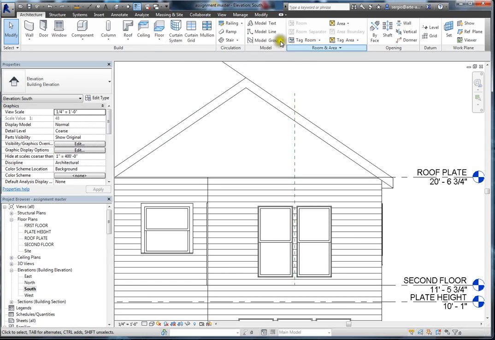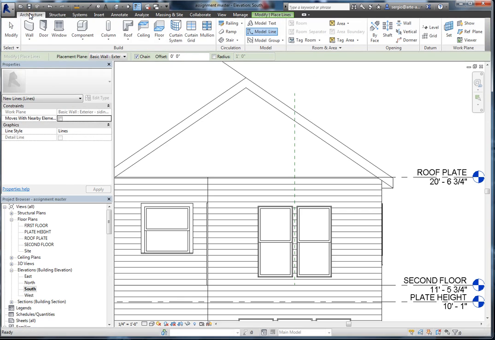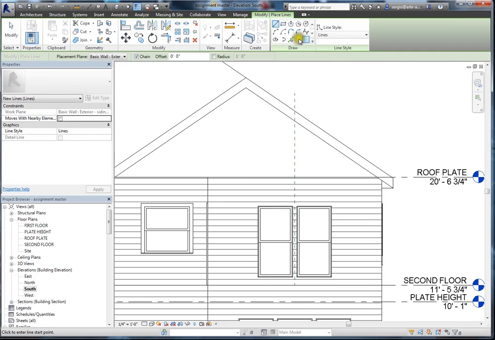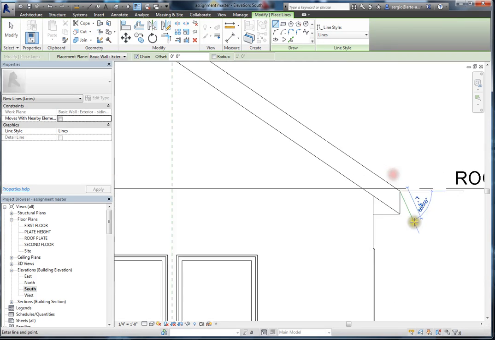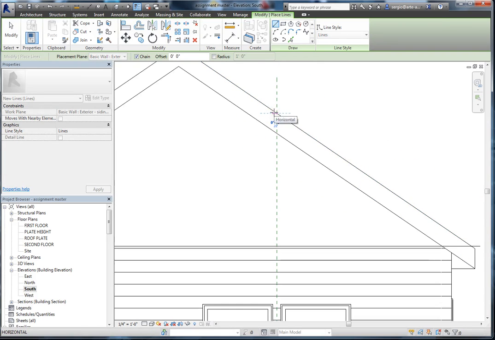First thing I'm going to do, I'm just going to draw a line that I'm going to use as a guide. So I'm just going to go to Model Line. That's under Architecture, Model Line. Okay, I'm just going to follow from this endpoint to this intersection right here. Okay, so I just drew a line,